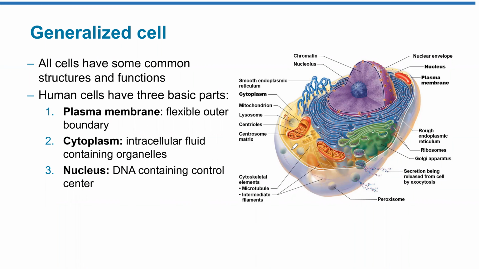Now, what is cytoplasm? Cytoplasm is all this area here, from the plasma membrane to the nuclear envelope. So all these organelles are part of the cytoplasm. The fluid portion is cytosol. So you can see the ribosomes, those are free-floating ribosomes. Those are attached ribosomes. They are inside the cytoplasm, but